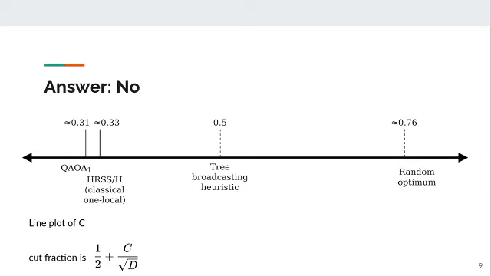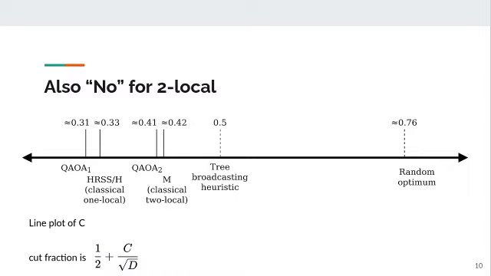There was a reanalysis of a threshold algorithm that was classical, and again local. It showed that this one local algorithm also gets about 0.33, which is a little better than the QAOA. But the point is the QAOA is not special here. And of course, this is just at the lowest depth. What about a higher depth? I did some work last year that said, no, it's actually not true at depth 2 either. The QAOA does better, but so does this threshold algorithm.